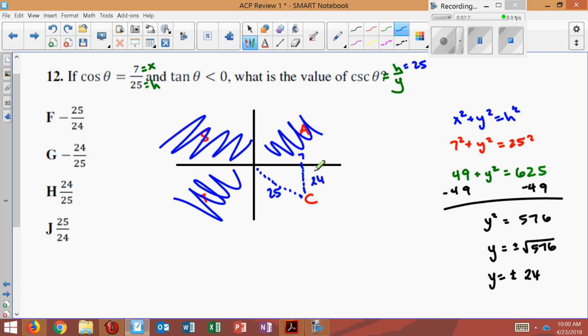What does that tell us about csc? It's negative 24 because it's going down. So we're going to use negative 24 here. So we're looking for 25 over negative 24. It looks like the answer is